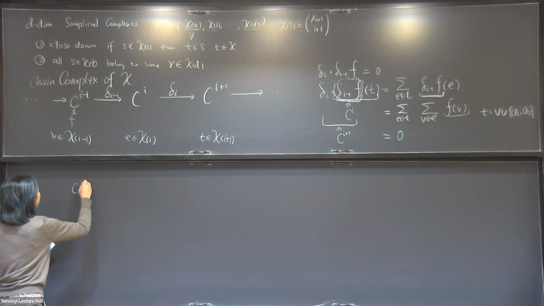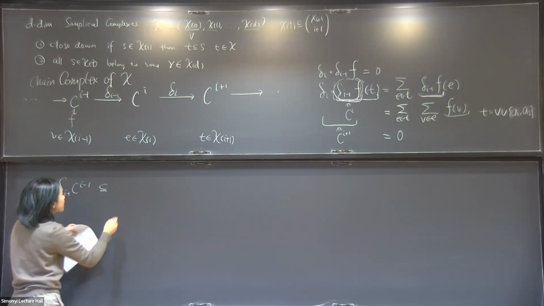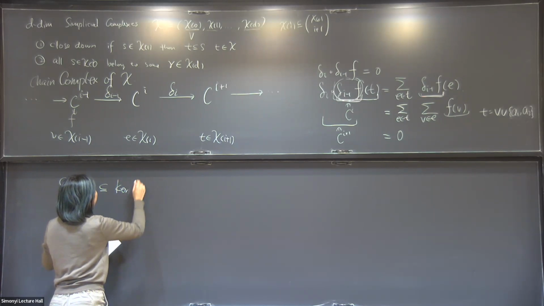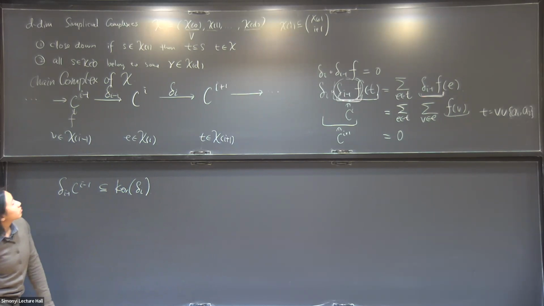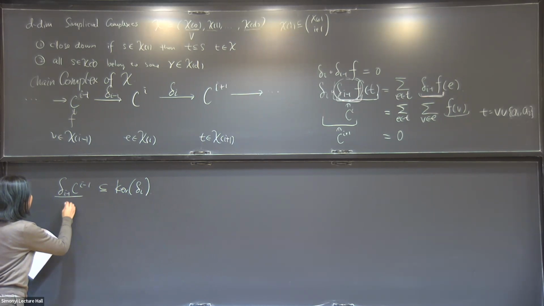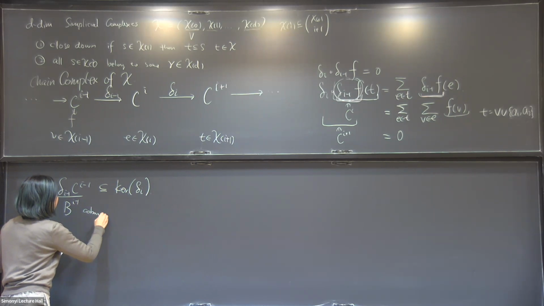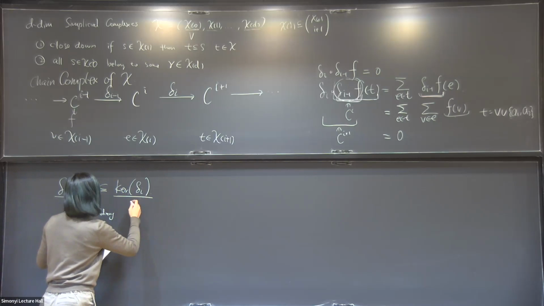C_{i-1}, its image under this coboundary operator is contained inside the kernel of the next operator, delta_i. Okay, and we actually give names to these two spaces. This we call coboundary, because it's an image of the coboundary map. And this we actually call,